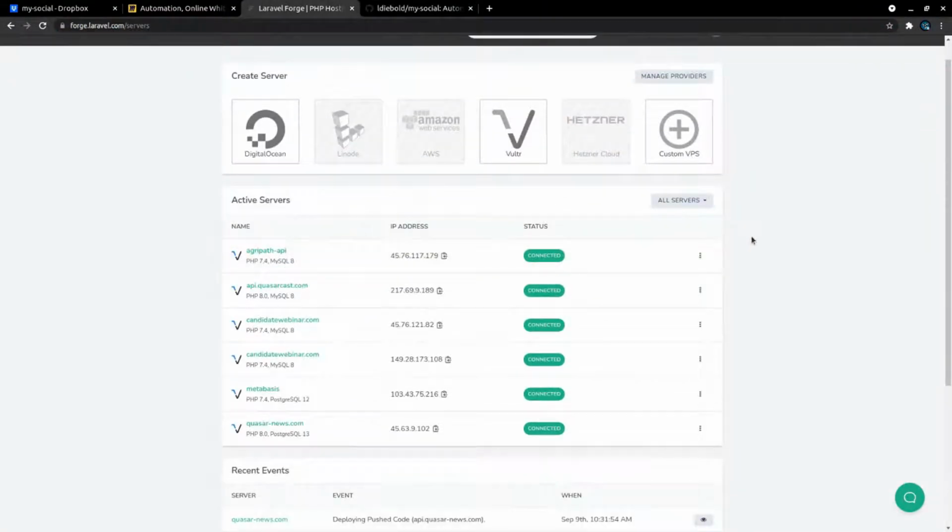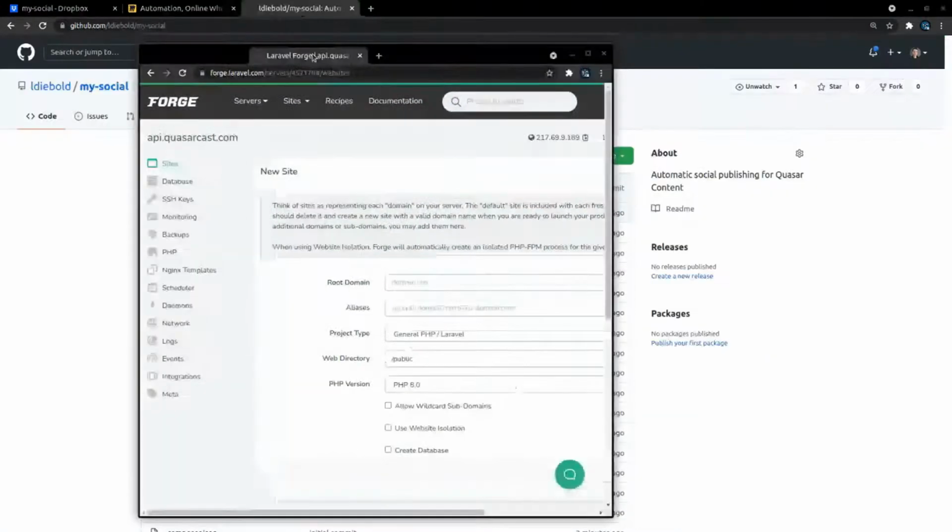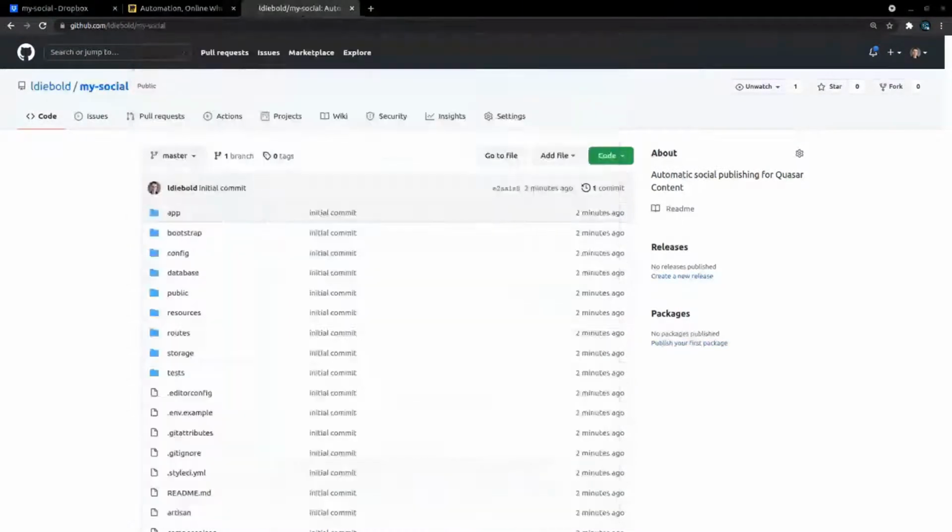And I might be able to use one of the servers that I currently have. I could use the Quasar Cast one or the Quasar News one. Let's use the Quasar Cast one. All right. Now I need to be careful because there is actually some secret stuff as I scroll down the page here that shows you how you could auto deploy on my computer, which I obviously don't want to share. That won't show yet anyway.